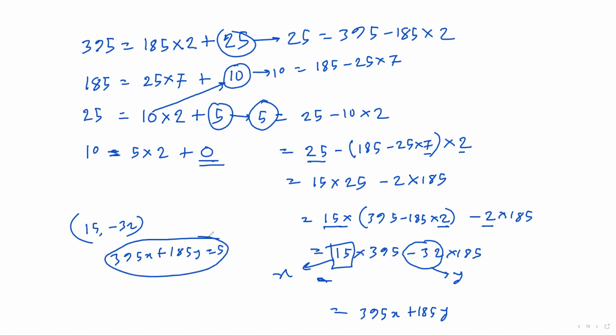5. We made use of Euclid's algorithm to find a pair of values for x and y that satisfies our equation. So technically, we can solve any linear Diophantine equation in 2 variables using Euclid's algorithm. You may wonder, what about the situation where we increase the number of variables? Yes, Euclid's algorithm can give us a more generalized method also for solving linear Diophantine equations with 3 or more variables. But we are not going to cover that in this lecture or ever in this course actually,